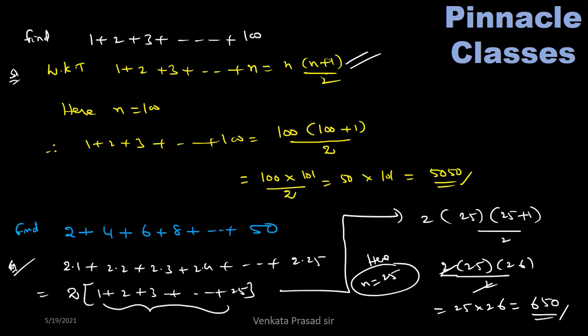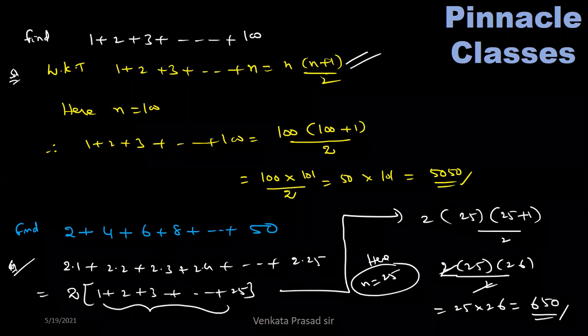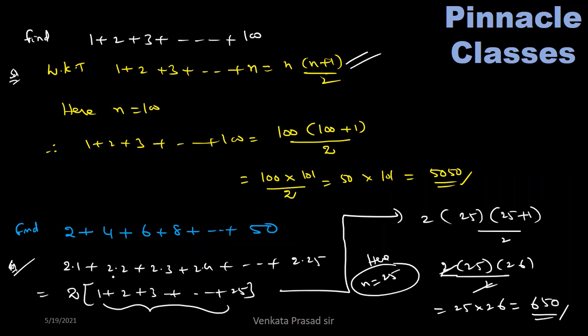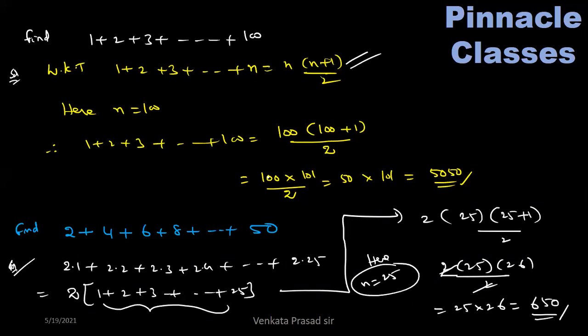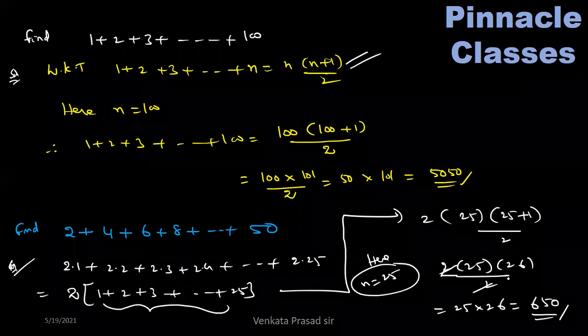Be careful. Once again, see, 2 is the common factor. Remaining what here? And one more thing, don't add 2 plus 4 plus 6 like this only. Now, use the sum of the first n natural numbers concept, write it down, and give the conclusion. Keep it in a box every time. Therefore, 2 plus 4 plus and so on up to 50 is equal to 650.